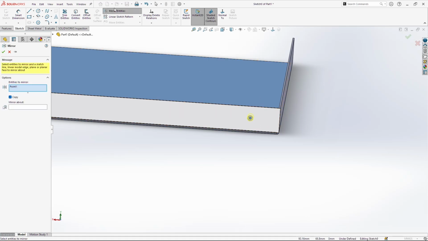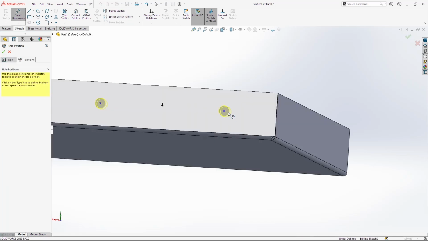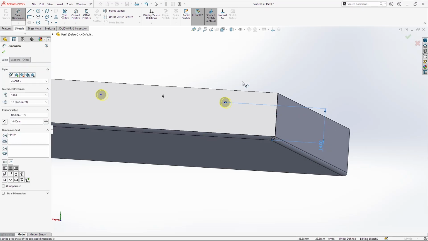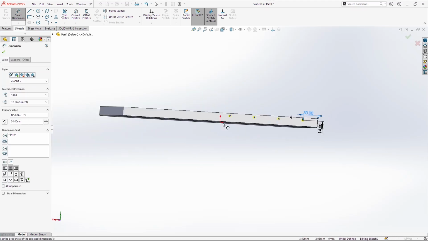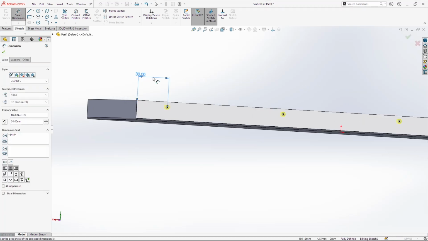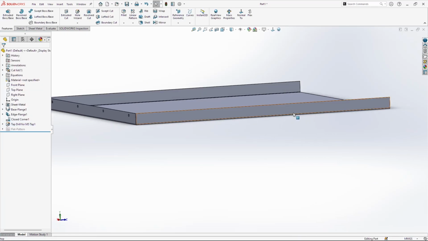Then use linear sketch pattern, change the direction 4 times. I will write just 50 now, and I want them from here to here 14, and from here to here 30 millimeters. Then I will select this point here and this edge also 30. Click OK. Then this side,